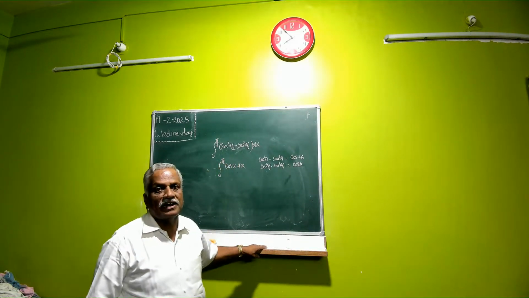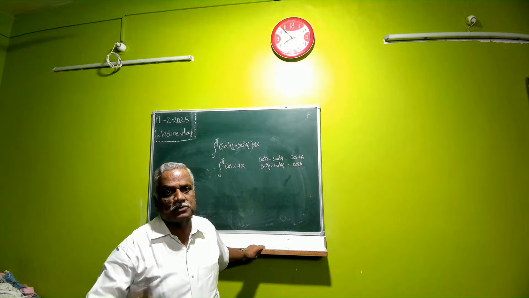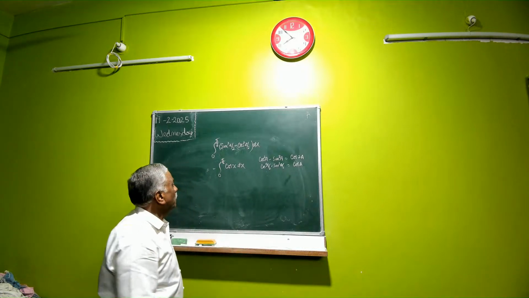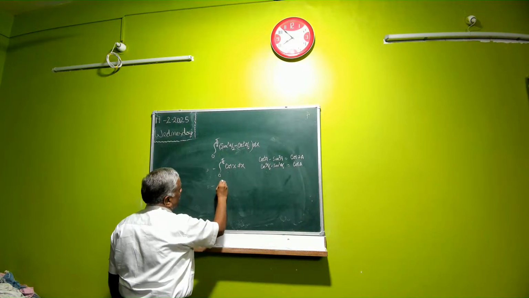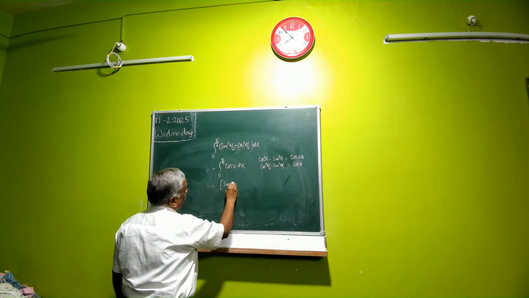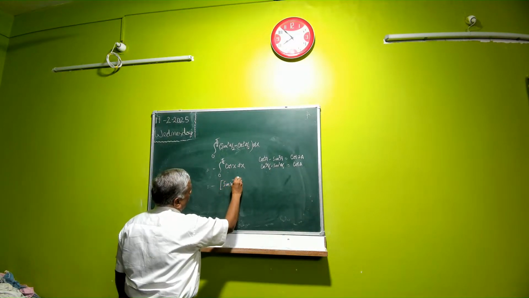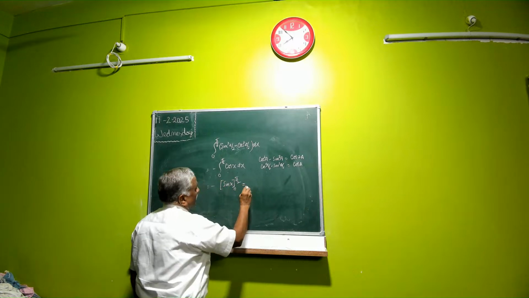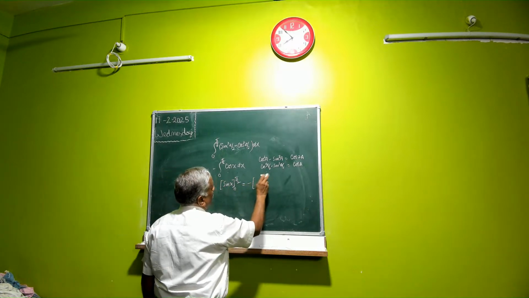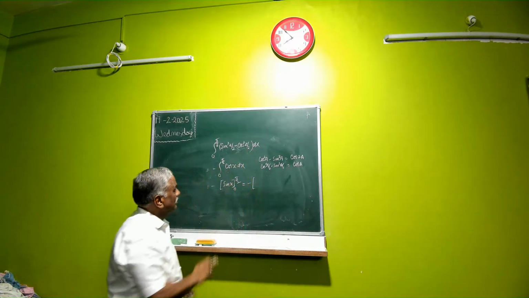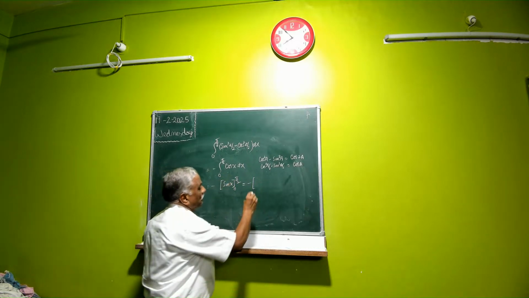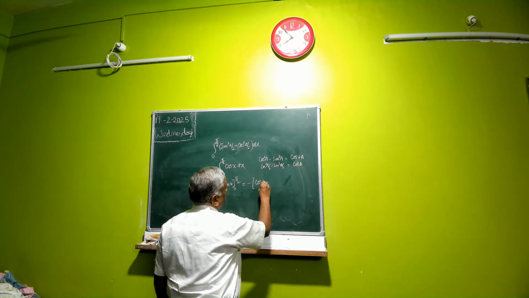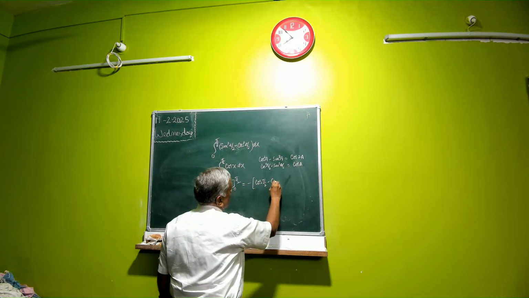What is a definite integral? Indefinite integral plus one step extra. Now, what's the integration of cos x? It is sin x. Substitute the limit 0 to pi by 2. It is minus of, this minus sign is because of the formula, not integration. Integration of cos x is positive only. Cos pi by 2